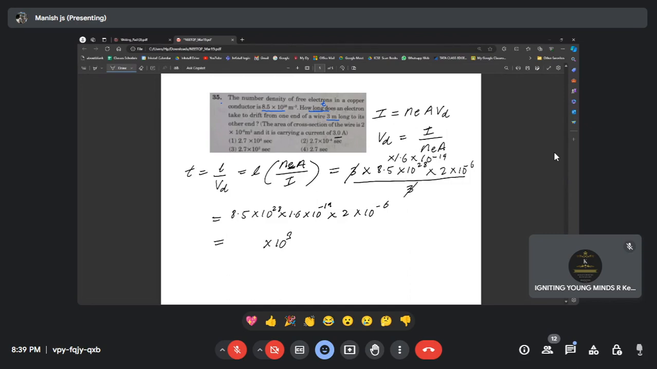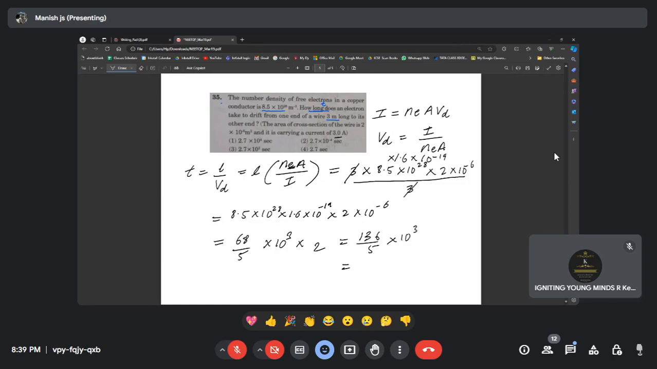So 8.5 times 1.6. 85 by 10, and that is 85 into 16 upon 100, right? So simplify it. 68 upon 5 you will get, right? 68 by 5. Don't forget there is 10 power 2 also. So how much will you get? 68 into 2,